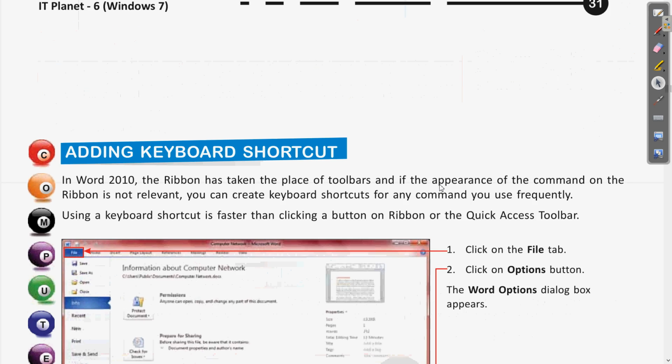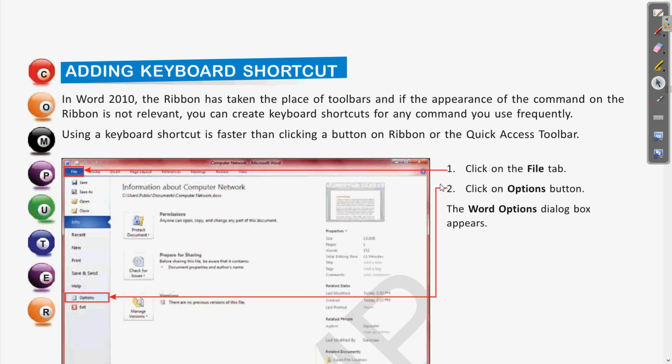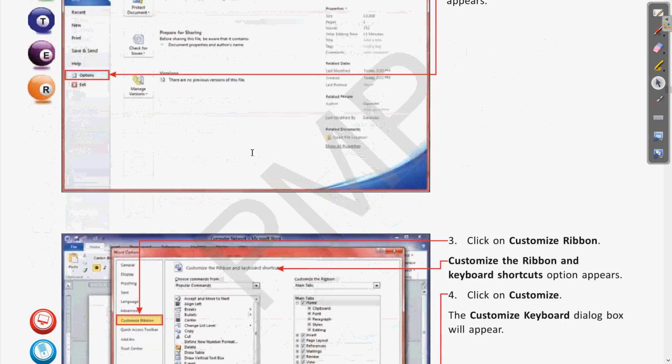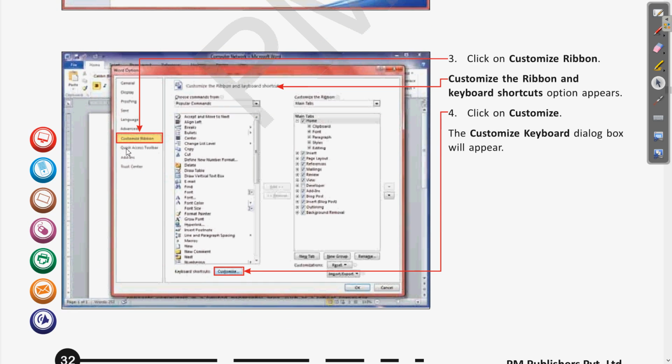Okay, next we have seen how to add keyboard shortcuts. In that we have seen that when you go to the File tab, then Options, there we have a method for customizing these keyboard shortcuts.